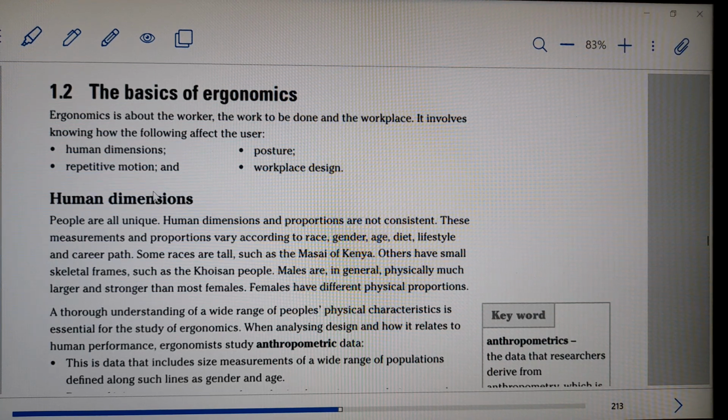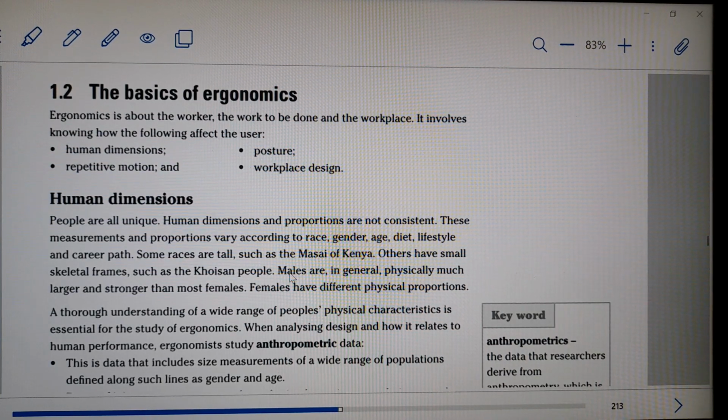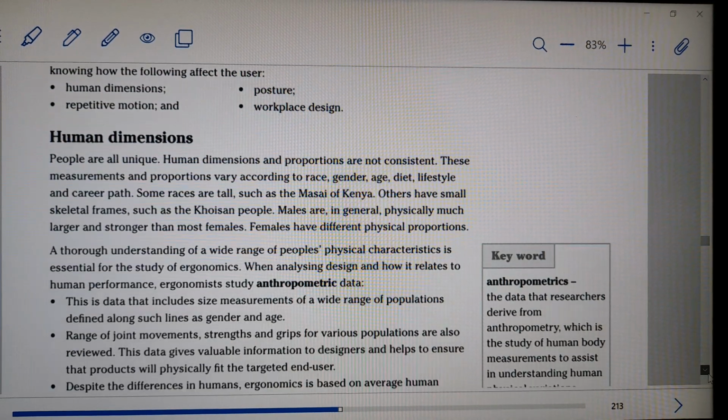How does human dimension affect the user? How does posture affect the user? How does repetitive motion affect the user? And how does the workplace design affect the user? Okay, let's start with the